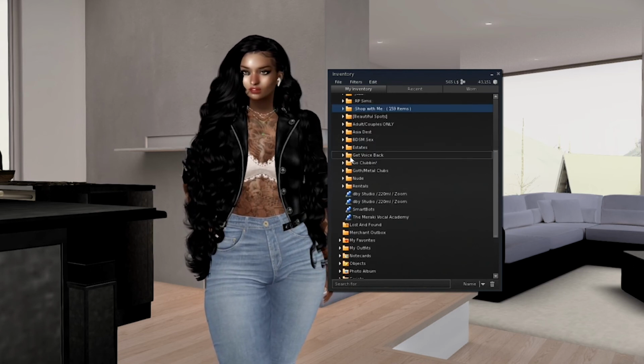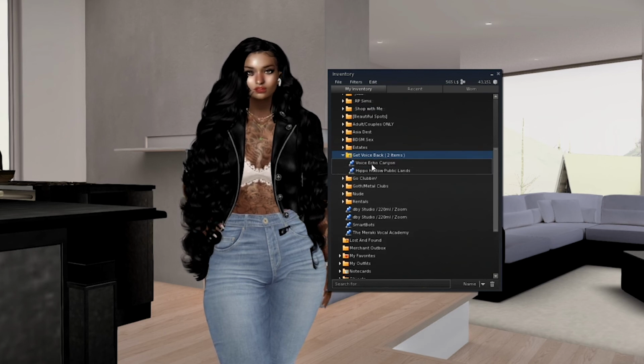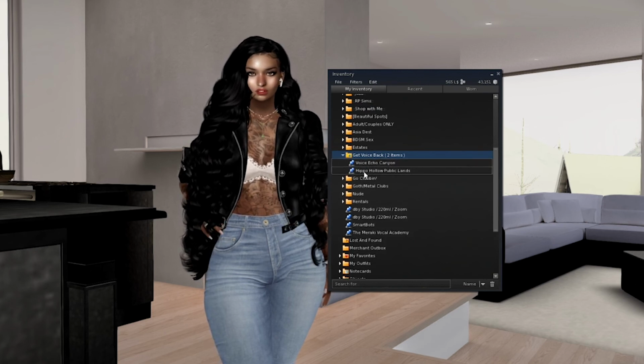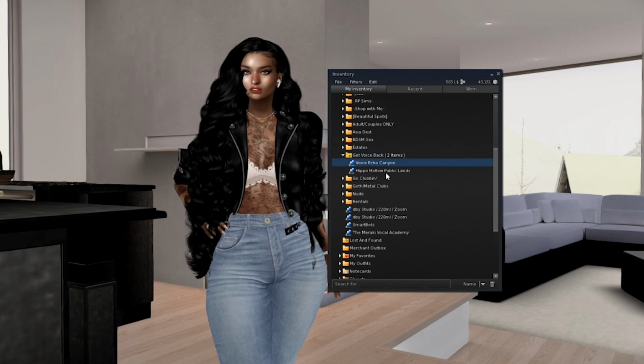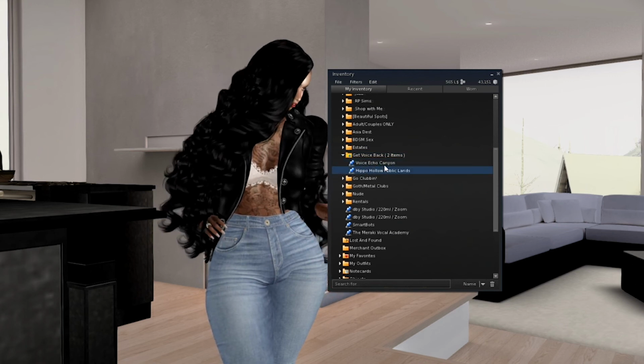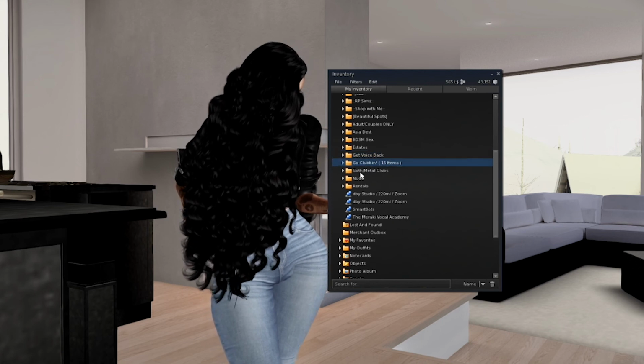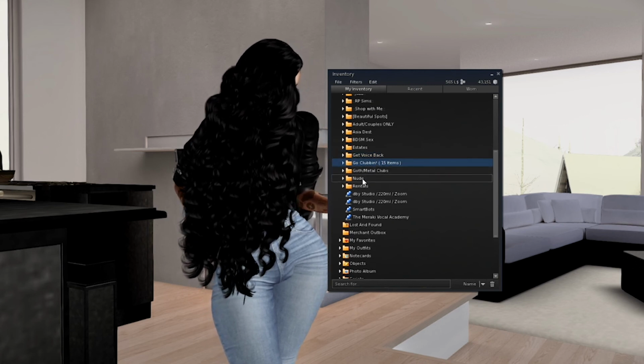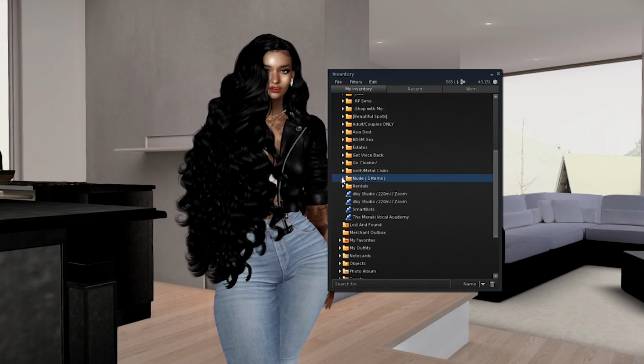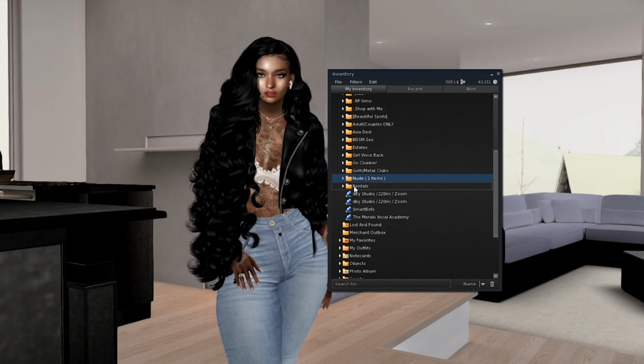And this is a get your voice back. So if you ever have problems with your mic, you can go to Voice Echo Canyon or Hippo Hollow Public Lands to get your mic working back up. Clubbing places, I'm a nudist, so I go to nude places that are still around.